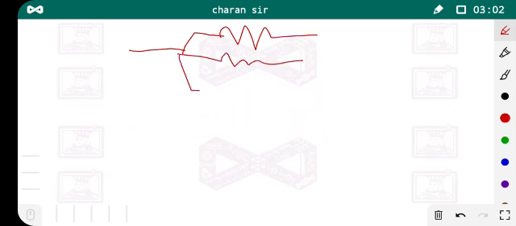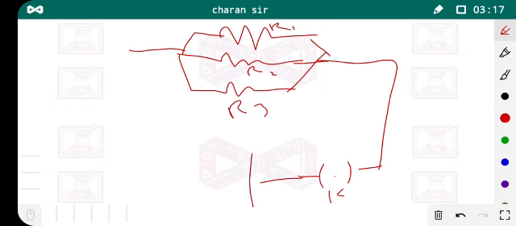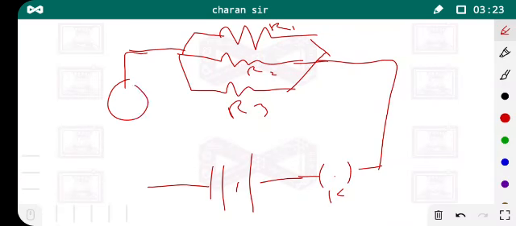For that we consider a circuit in which we connect three resistors in parallel connection. This is the first one R1, this one is R2 and this is R3. This is connected with a plug key, then we have an electric battery. Now for measuring current through this circuit, we connect the ammeter in series. Always remember that whenever you want to find the current through the circuit, the milliammeter is always connected in series with the source.